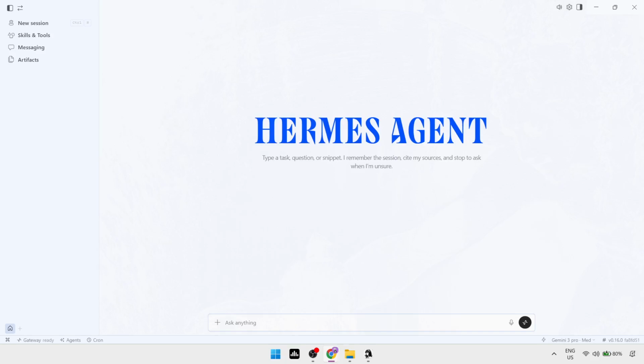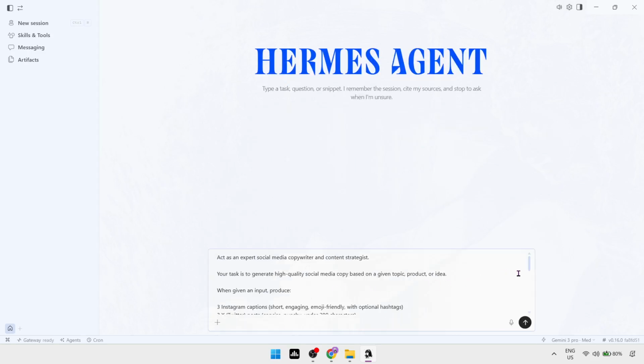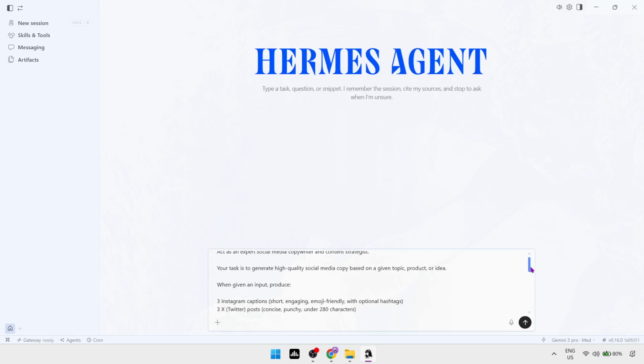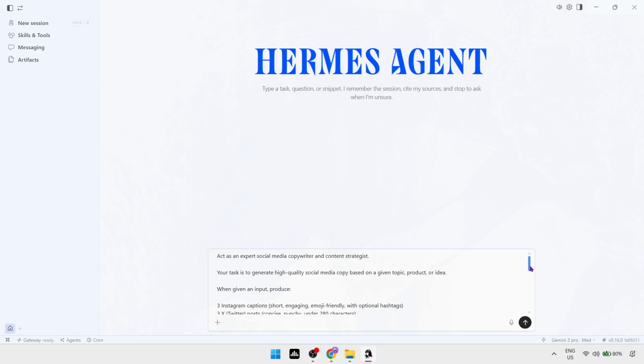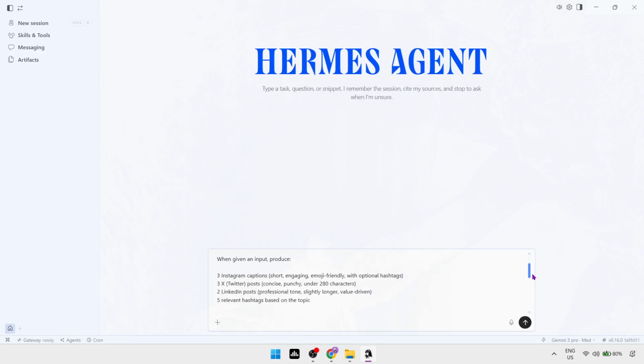To create your automated copy drafting agent, go to the main screen and use the input box that says "Give Hermes a task" or "Ask anything." Next, type a clear instruction describing what you want the agent to do. For example, tell Hermes to act as a social media copywriter that generates captions, hashtags, and short-form posts from a